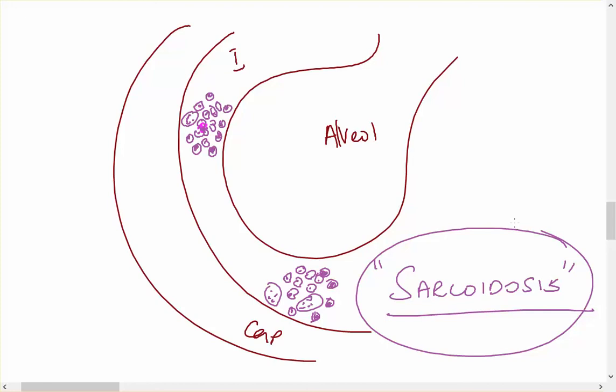You have to exclude tuberculosis, you have to check all the ways to check for tuberculosis, and only then can you diagnose it as sarcoidosis. Because in tuberculosis, we don't give steroids as a treatment. In sarcoidosis, we give steroid as the main treatment. And if you give a tuberculosis patient steroid, they will die. But if you take a sarcoidosis patient and give TB treatment, they will not die.